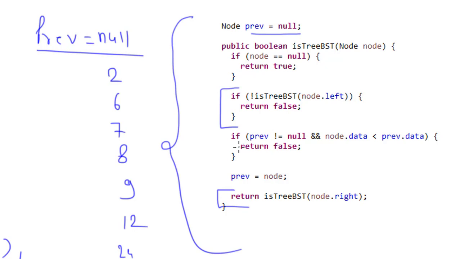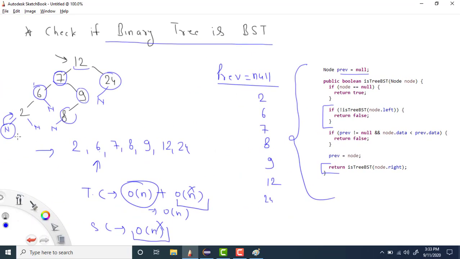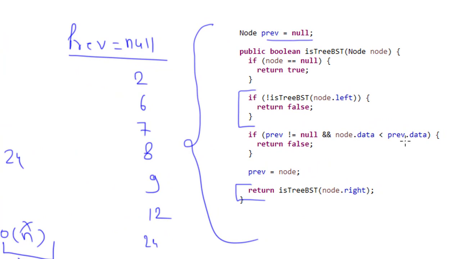Then in between, what I need to check, this is a very important point, is whether previous is not null, because this will basically handle the first case when previous is null. So if previous is not null, and if node's data is less than previous's data, which means previous data is greater than node's data, then this will return false, right? This is a negative case that we are checking here, and then at every moment I am assigning previous equals node. That is how it will update these values.